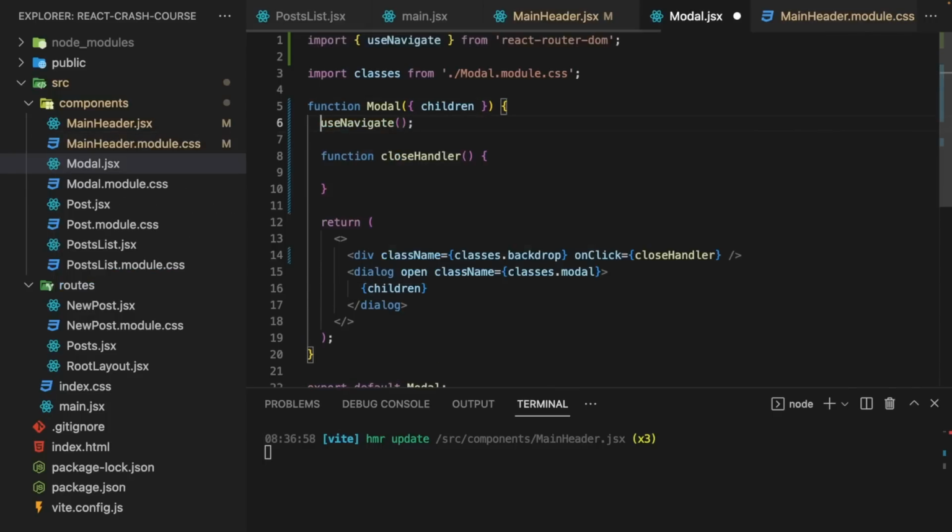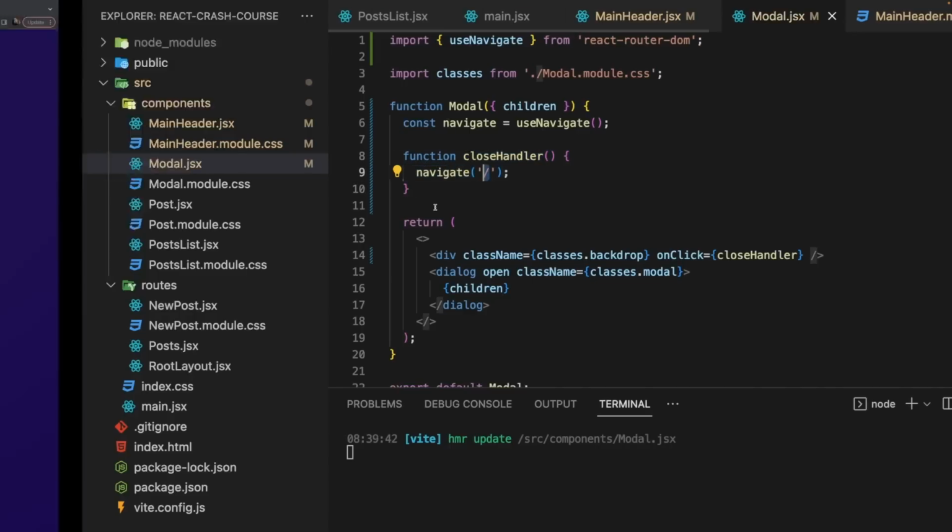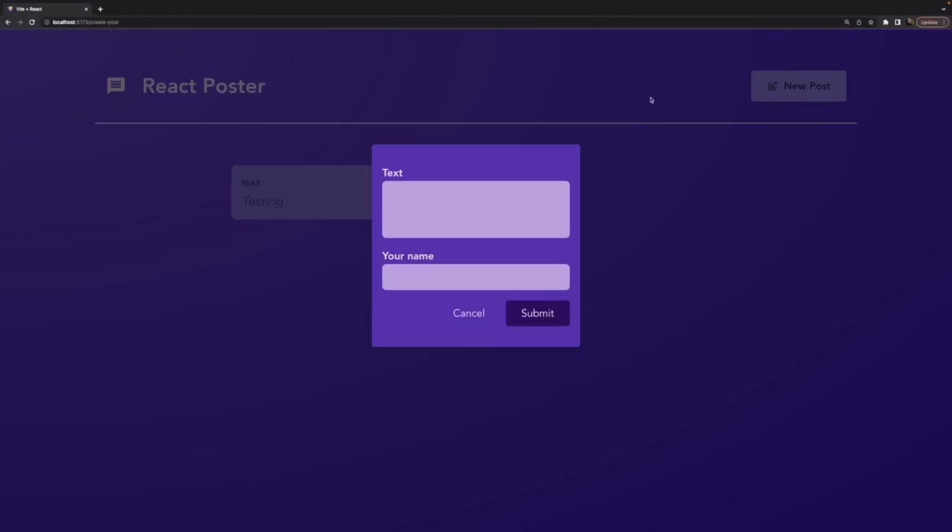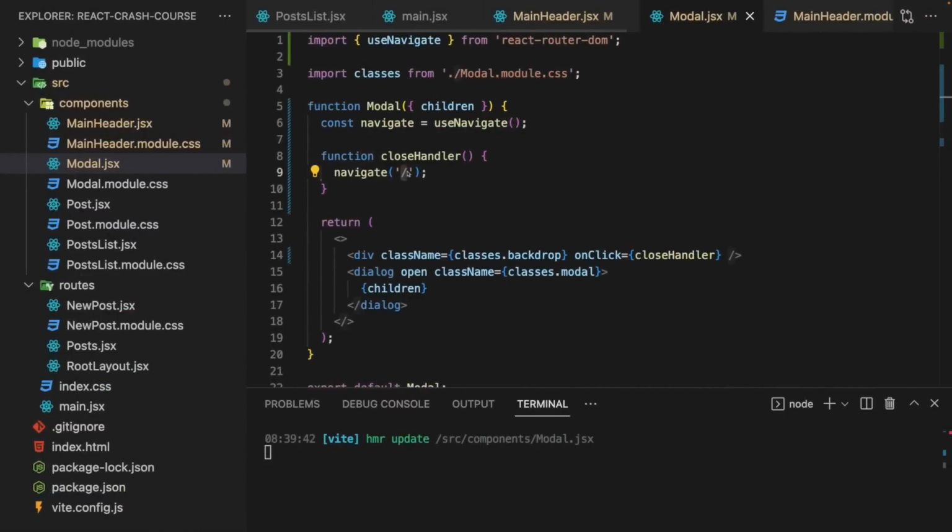Now, useNavigate can be executed to get hold of a navigate function, which I store in a constant here. But this, in the end, holds a function. Therefore, we can execute it as a function here in closeHandler, and then we pass the path to it to which we want to navigate when it's executed. And we could navigate to /nothing to make sure that if I click on the backdrop, I navigate back to the starting page. We could also make this more flexible and use a relative path and use two dots here,